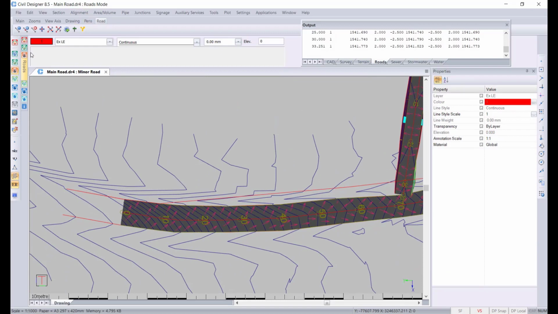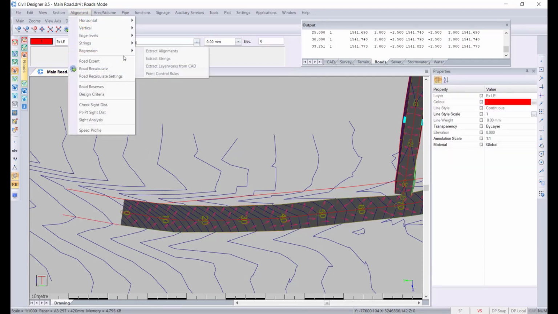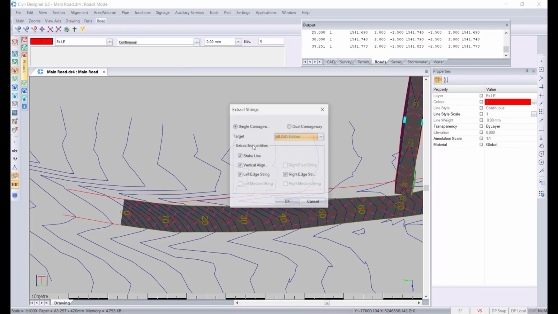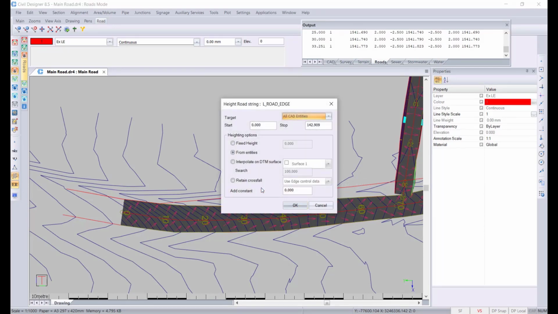and I'm going to show you how I would then extract it. So I'm going to make sure that this road is active, the main road, not the minor road. And I'm going to go to regressions and extract strings again. This time I'm only going to do the left edge. I'm going to choose retain crossfall,